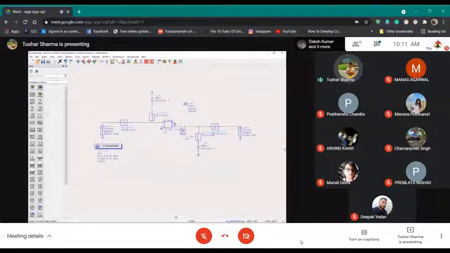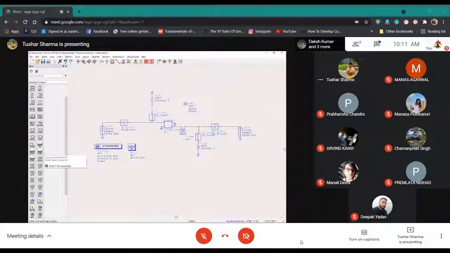What ADS has done, it has already given you a token for calculating your stability factor. In ADS, that stability factor is called mu. Okay, so you click mu from the left panel, simulation S parameter, bring it here, and then also bring max gain.